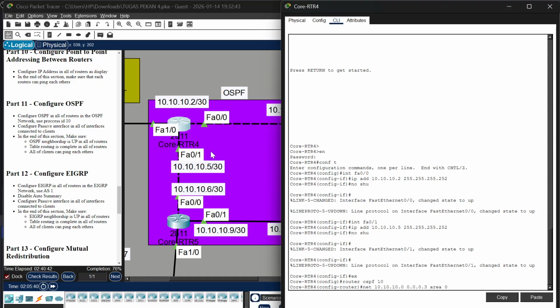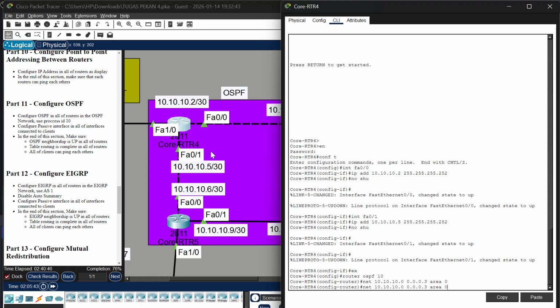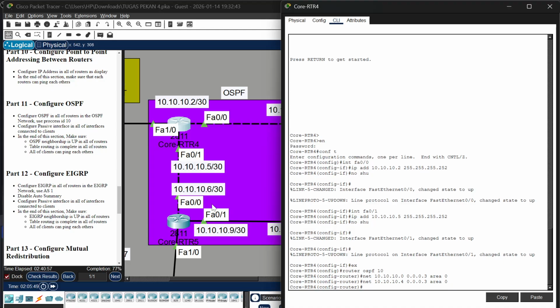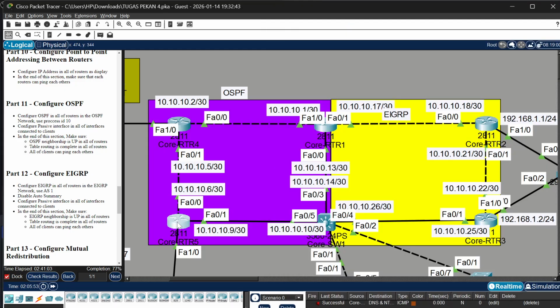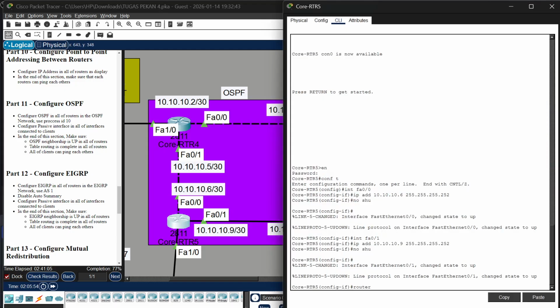Area 0, and then go to this 10 because this is 5 and 6, so this is 4. OSPF 10,